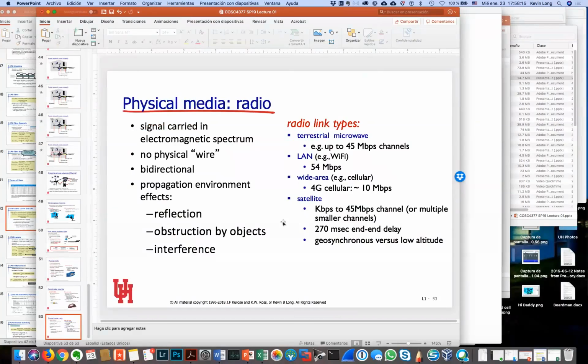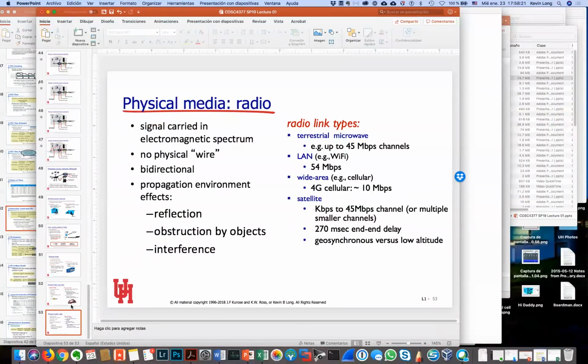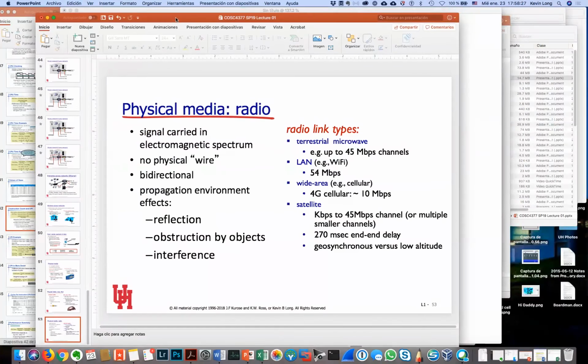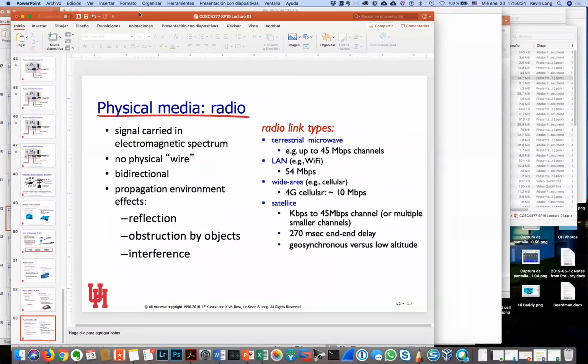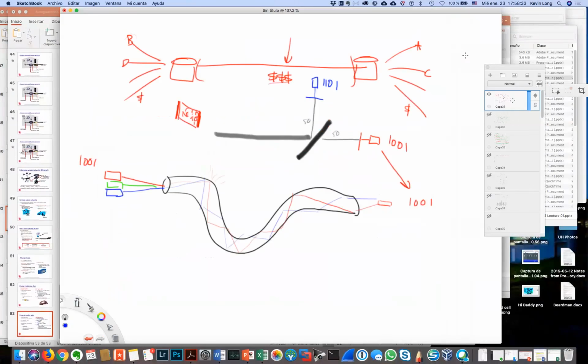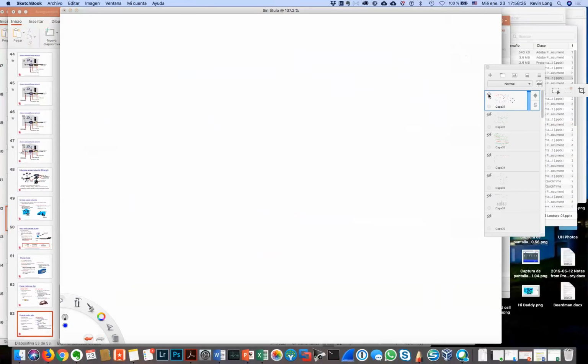You also can have radio that carries things around. Radio has some other really hairy problems because they have propagation issues. Propagation issues are copies of signals that make their way from your source to your destination. The best way to demonstrate this is to try to draw you a little animation or a little diagram here. So let's say I'm standing at